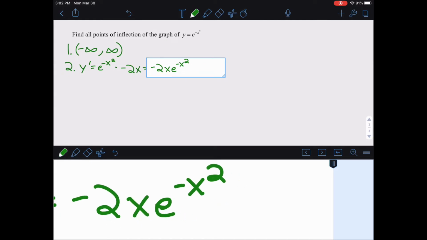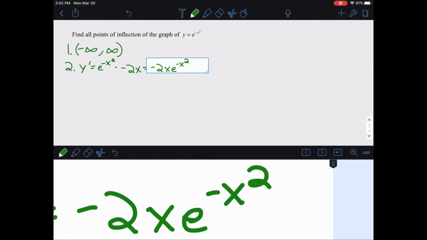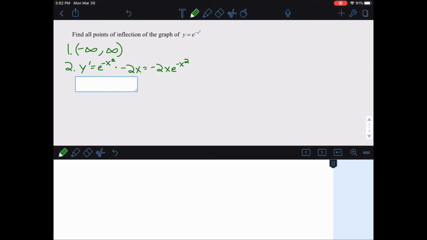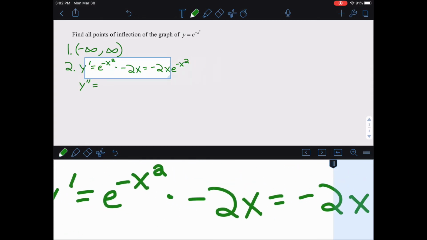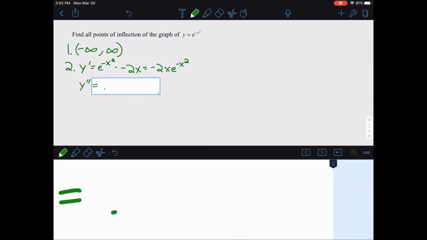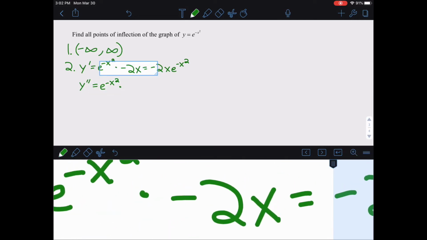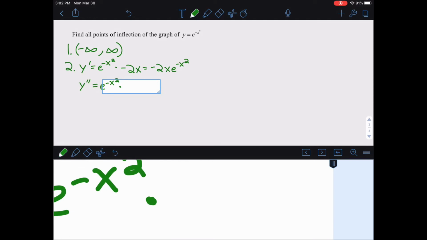Okay, now, again, just like the last two examples, we don't want to find maxes and mins here. So we need to figure out the second derivative. Okay, so for the second derivative here, negative 2x e to the negative x squared, well, this is actually just a product, right? So I'm going to use product rule to take its derivative. So let's start off with e to the negative x squared, and I'm going to multiply that by the derivative of negative 2x, which is negative 2,